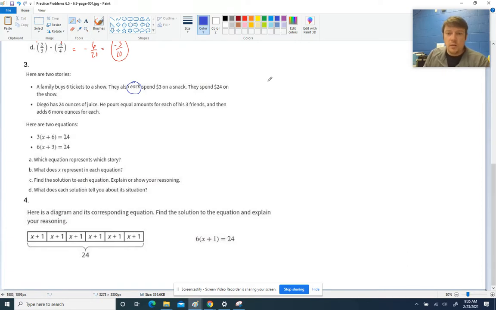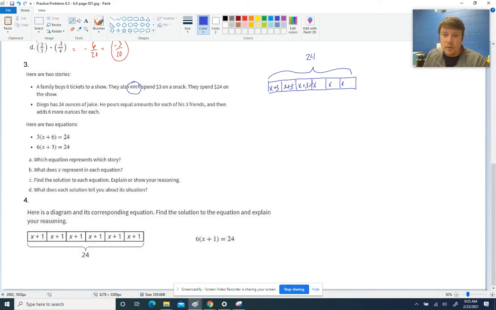So let's do a tape diagram for this, and then we'll match it to the correct equation. Okay. So on the whole show, they spend a total of $24. 6 tickets, and everybody gets a snack. So that means everybody is spending the same amount of money. So I'm going to set 6 equal parts, of everybody buying a ticket and a $3 snack. We don't know the ticket. We'll call that X plus a snack of $3. So X plus 3